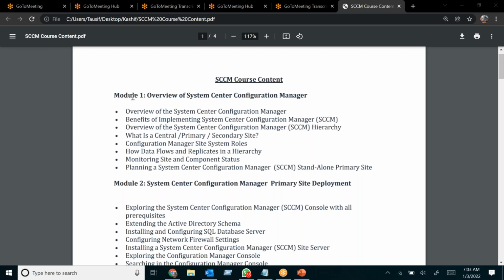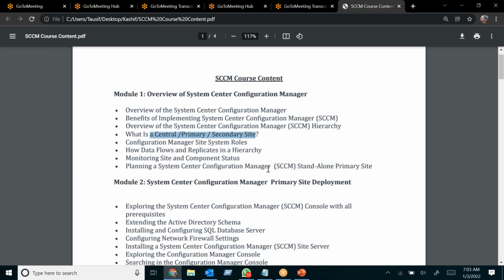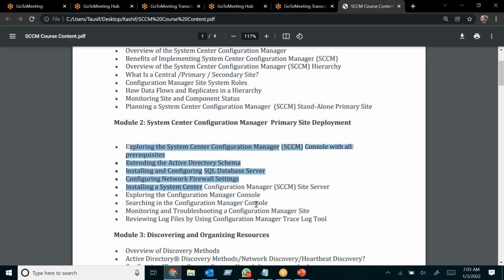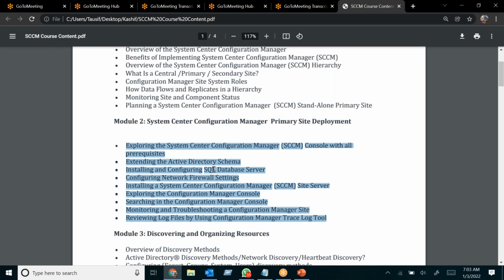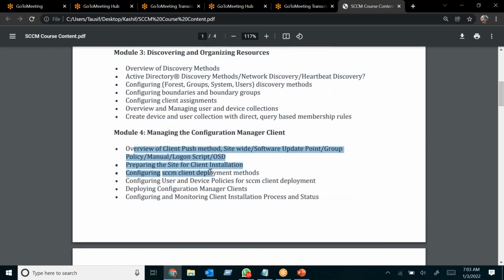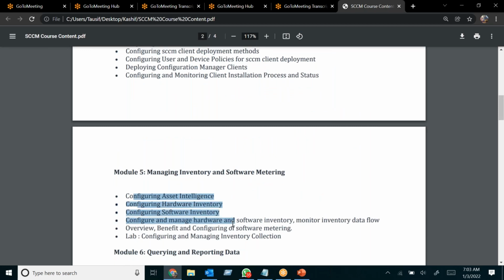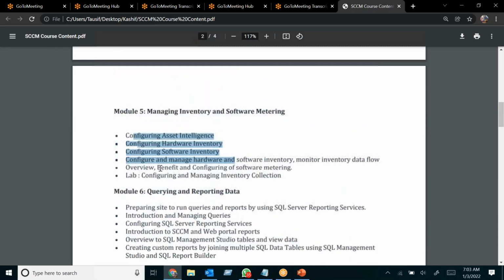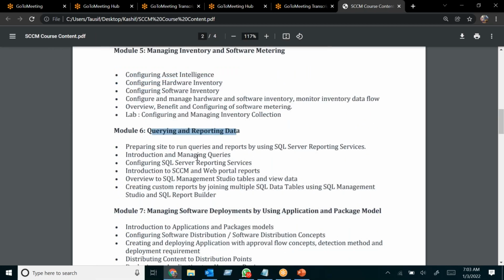Starting from the SCCM overview: why we need SCCM, what is central, primary, secondary, what is the benefit of SCCM, and what are the prerequisites. We will start doing practicals from module 2 for the prerequisites, then discovery, then managing clients, then managing inventory and software metering, then queries, reporting, custom query, custom report.